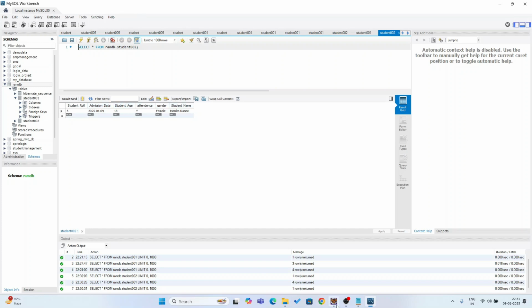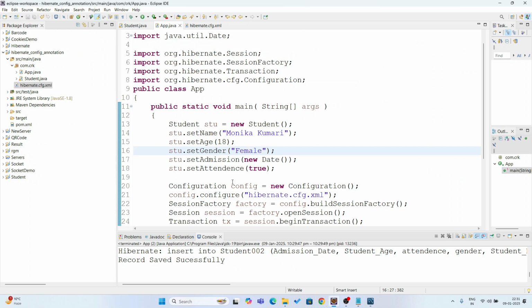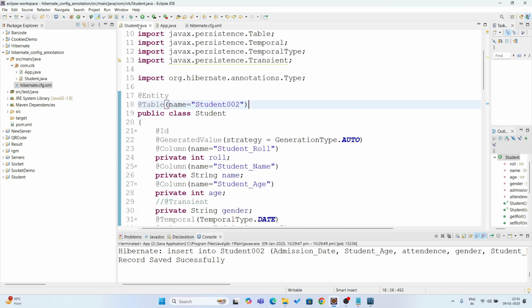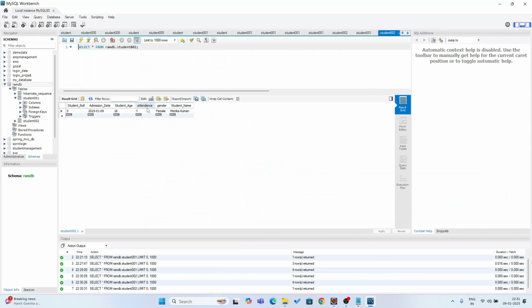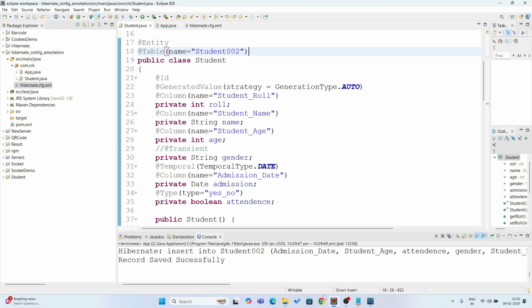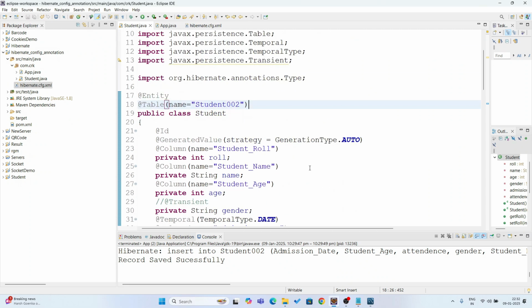And I have also written the column names student_roll, student_name, student_age. So all the column names are there. Now I think you have understood how to use annotations and how to configure the